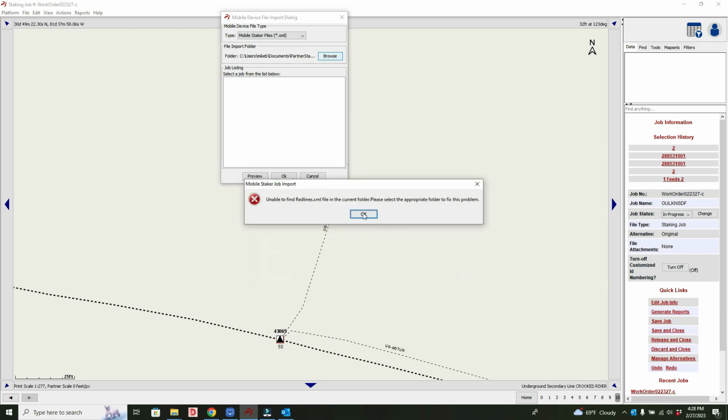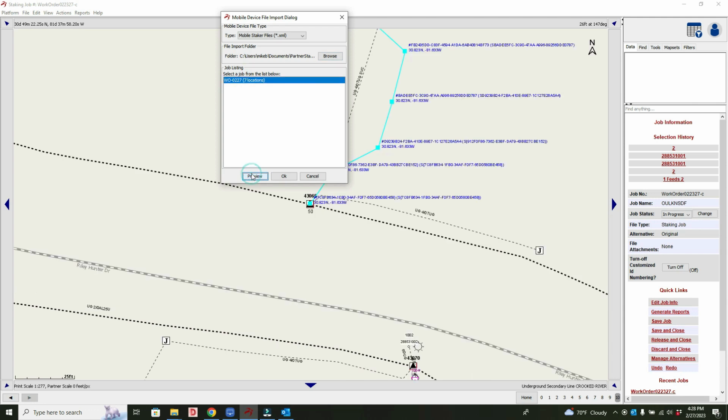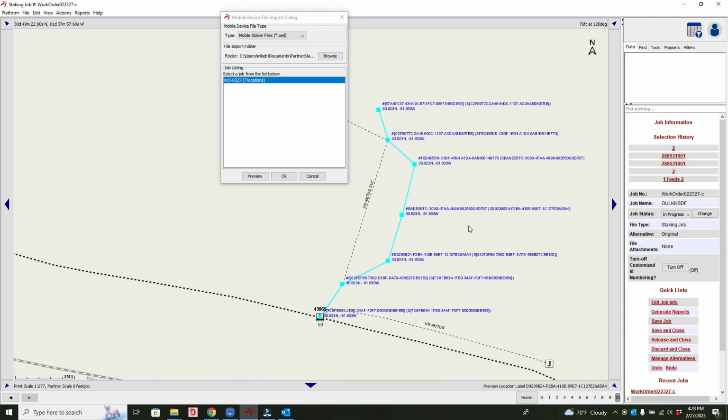If I hit open on that, it's going to give me a couple of warnings. If you're curious what that warning was, it was saying it didn't see any red lines. Well, I didn't collect any red lines in the job, that's why it didn't see any. But it does now recognize work order 0227 with 7 locations. I can hit preview, which shows me the preview of the job, and then I hit OK.